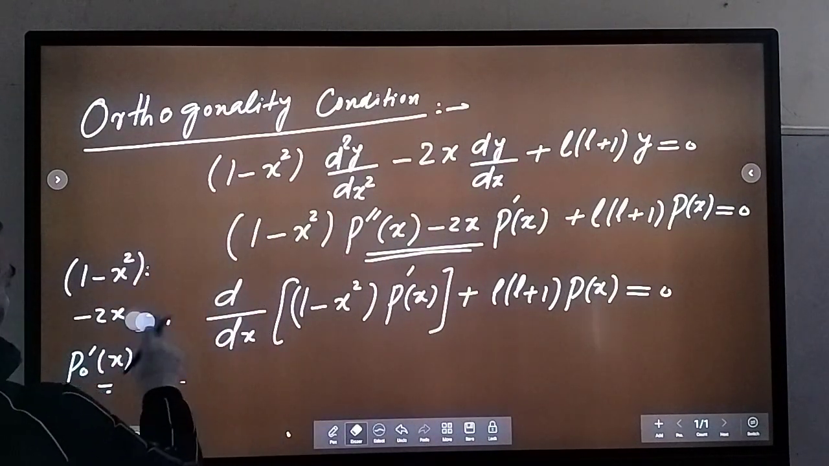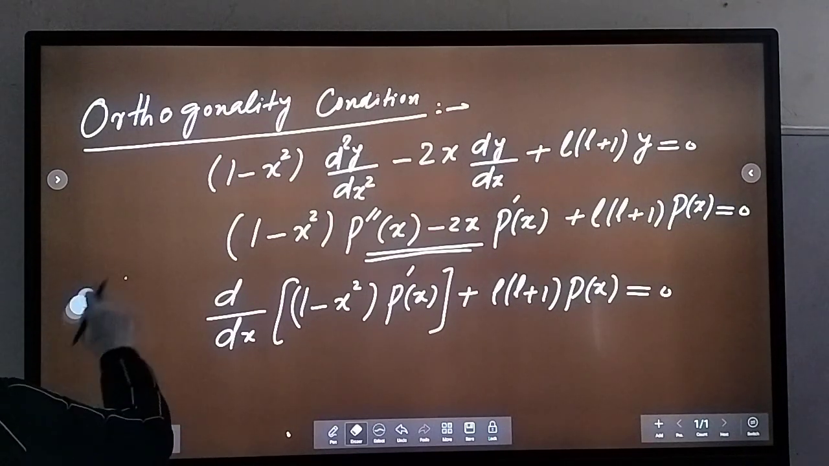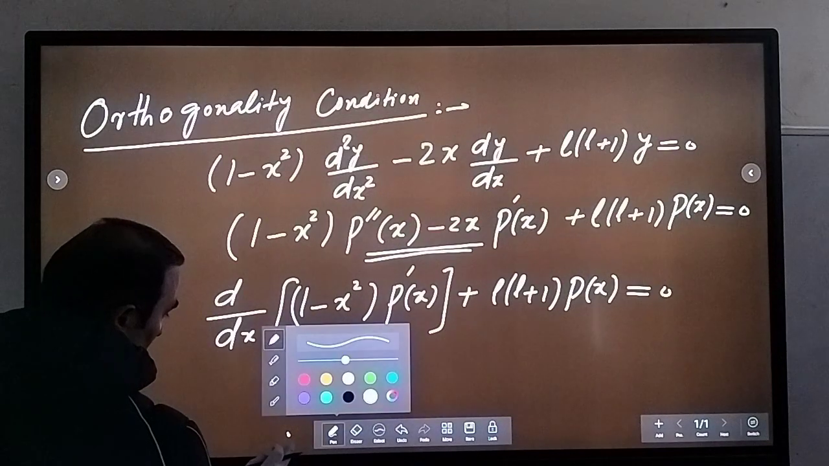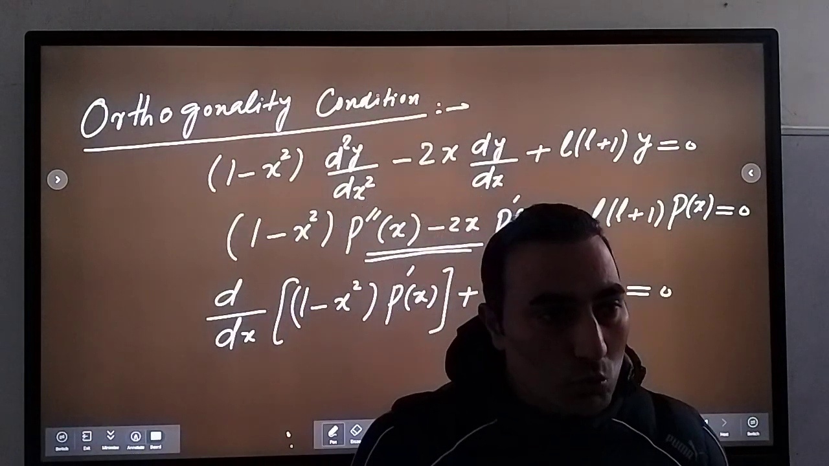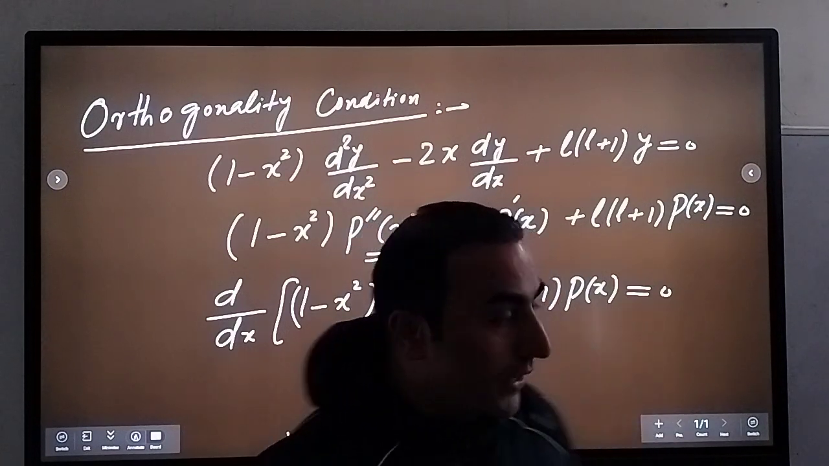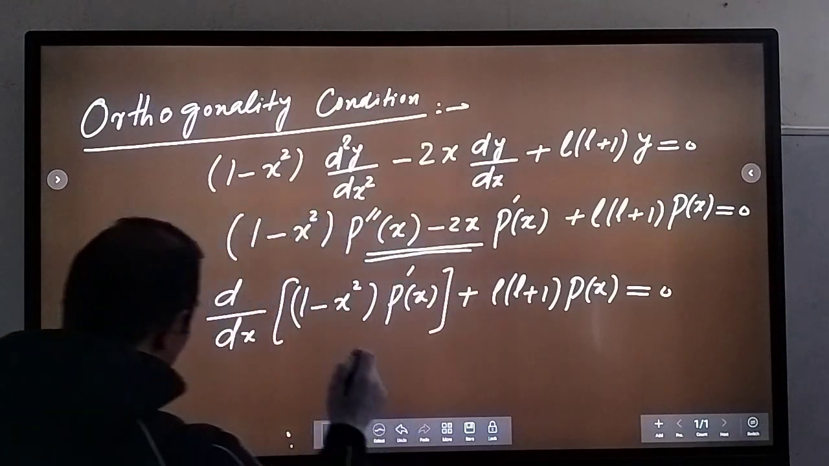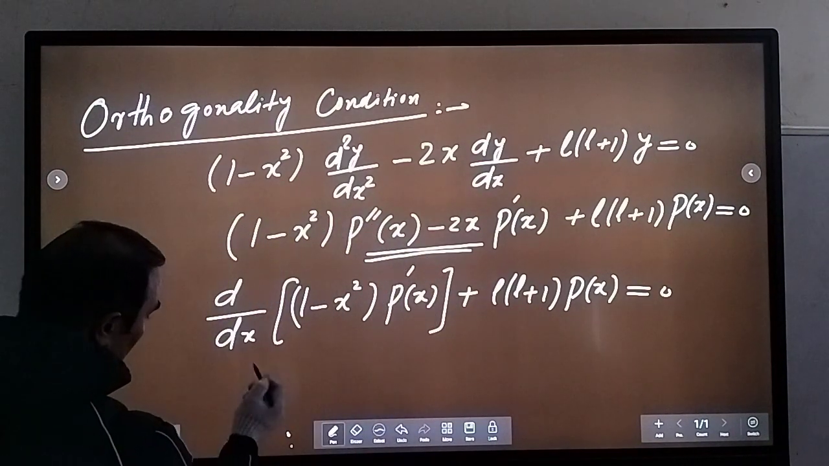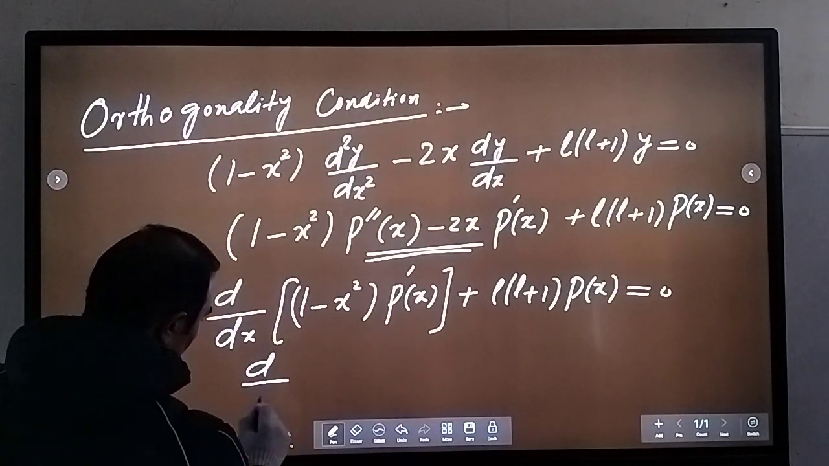Now we need to prove the condition of orthogonality. That means we need to construct two functions which are orthogonal to each other. So let us define one function by this one. I can write this as d by dx of